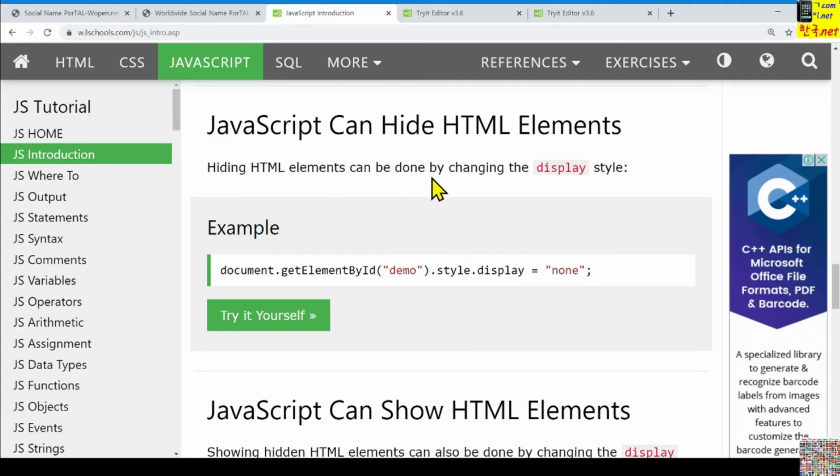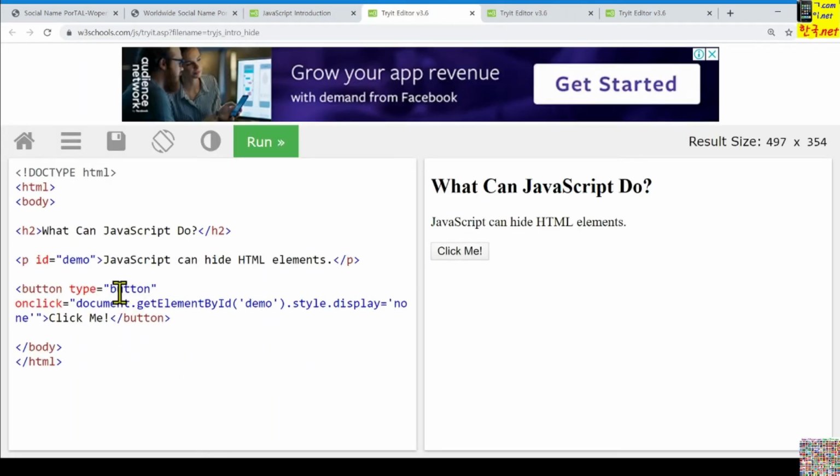Hiding HTML elements can be done by changing the display style. Okay, even though we learn this display in the CSS, maybe it is explained later. Anyhow, in advance, this one is being introduced here.